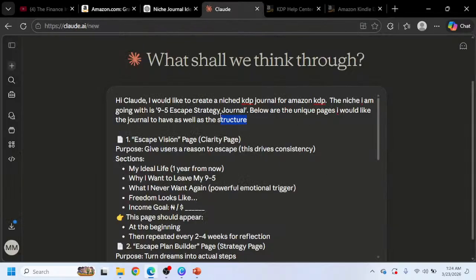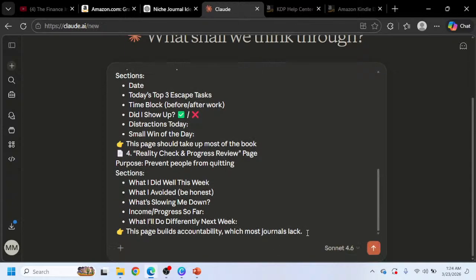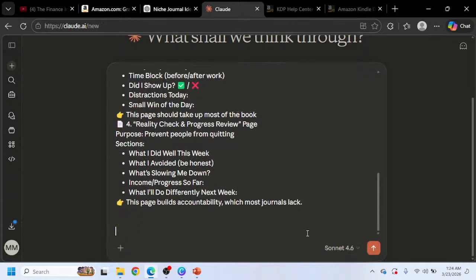Unique as well as the layout. Instead of structure, I would say layout. And I'm going to go ahead and say, now, could you give me